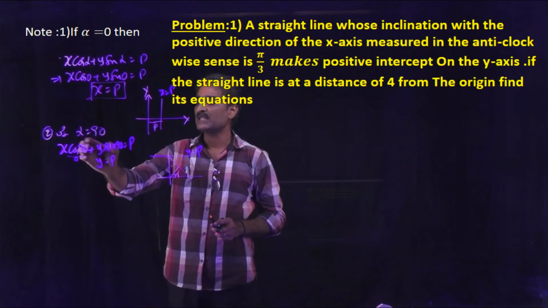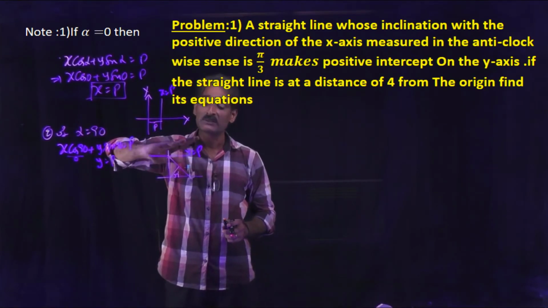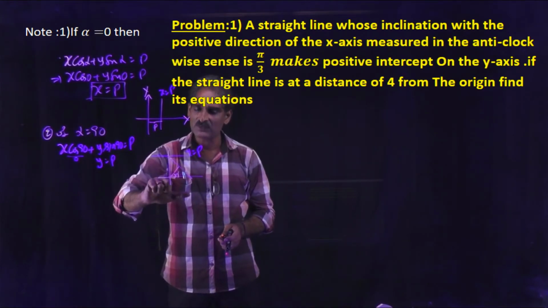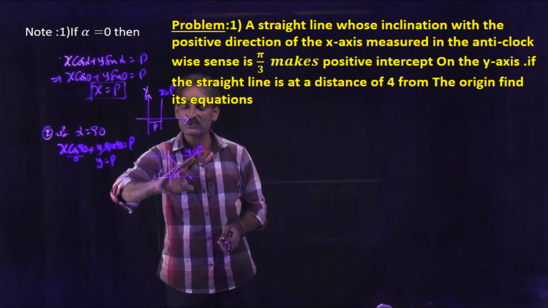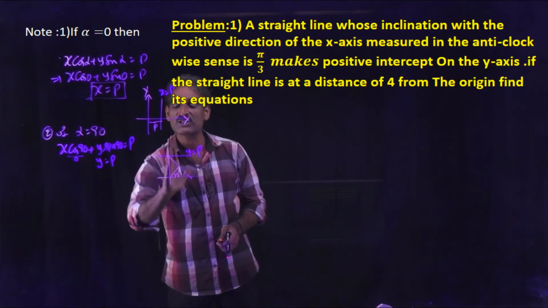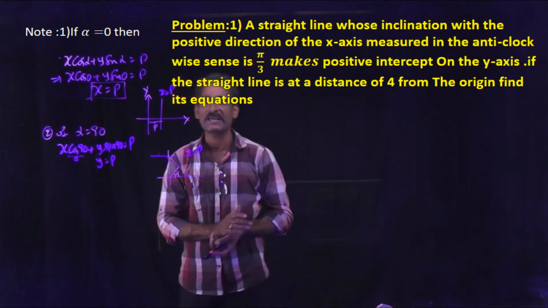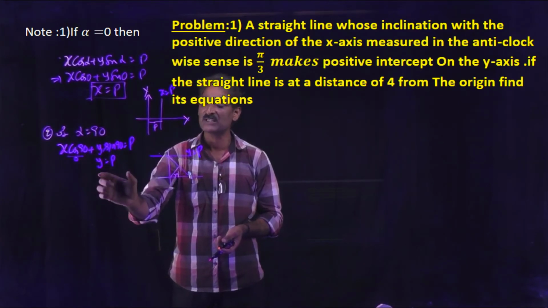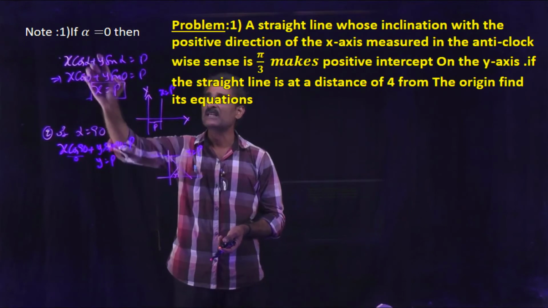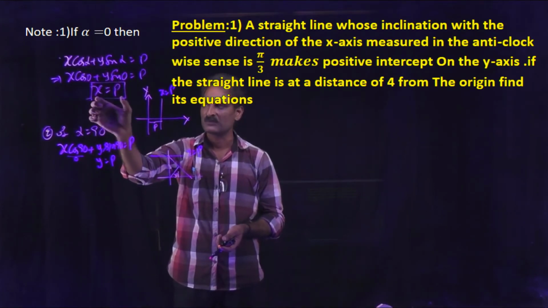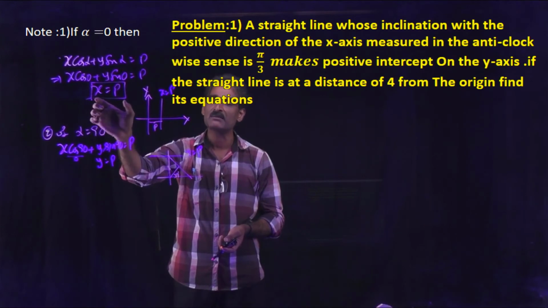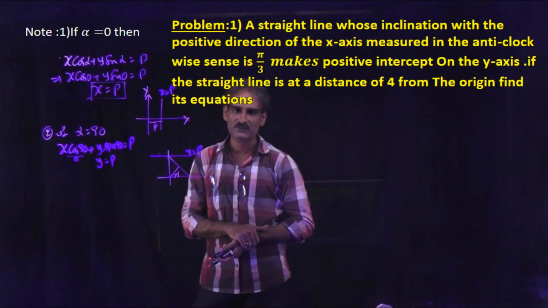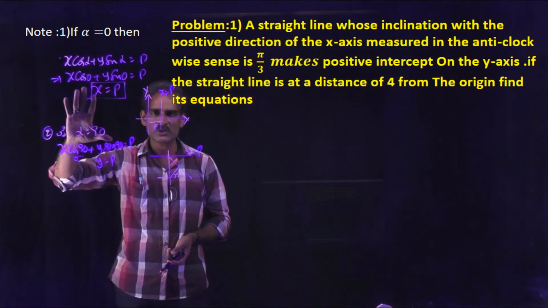If alpha equals 90, this line becomes a line parallel to the x-axis, because alpha increases from this angle to 90. The position of this line is changed to this line. The normal coincides with the y-axis. This line is perpendicular to the y-axis, that means parallel to the x-axis. In case of alpha 90, we will get a line parallel to the x-axis, that is y equal to p. p is the normal length. In case of alpha equal to 0, we get the equation x equal to p. This represents the line which is perpendicular to the x-axis and having p units from the y-axis. Okay, these observations are also very important.